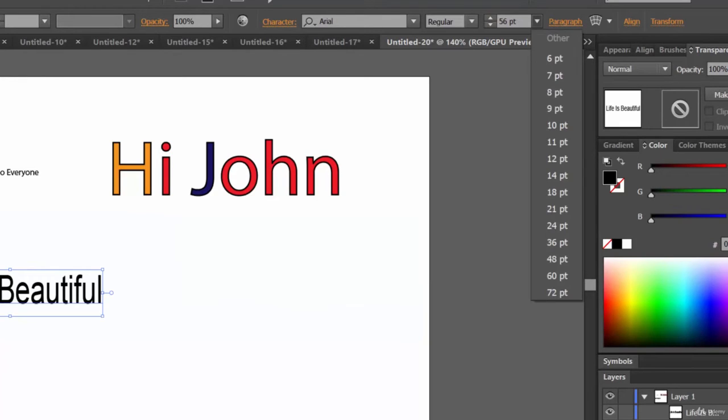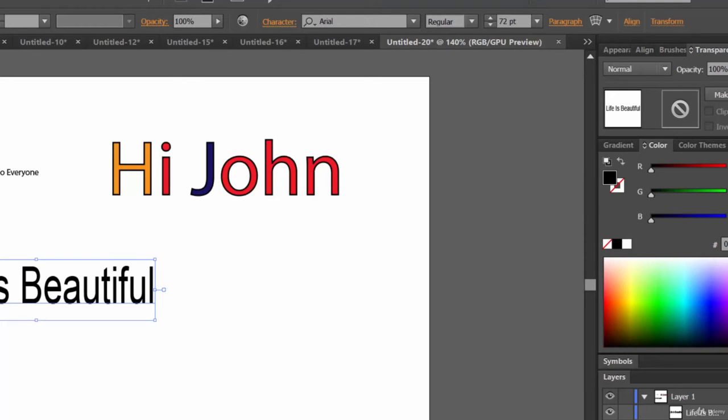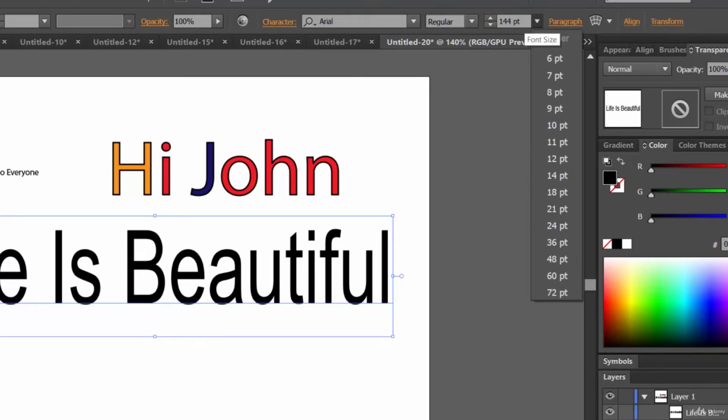You can also click on this drop down to make a change. Let's make it 72. Now let's change it to 144, which is double of 72, right? Now again let's click on this drop down and see it got changed to 144. So just change the number and click on this arrow. That's it. This is the shortcut you can remember, right?